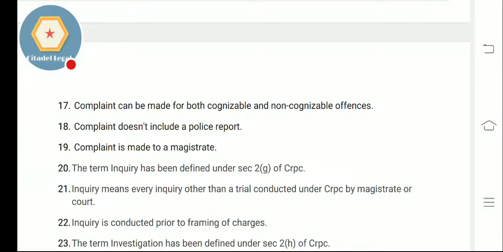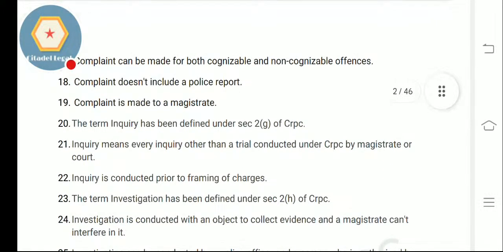Now the term inquiry has been defined under section 2G of CrPC. You have to remember that inquiry is defined under section 2G. 21, inquiry means every inquiry other than a trial conducted under CrPC by the magistrate or court. So the inquiry conducting authority is always the magistrate or the court. Inquiry means every inquiry other than trial. The inquiry does not include trial, other than trial conducted under CrPC by a magistrate